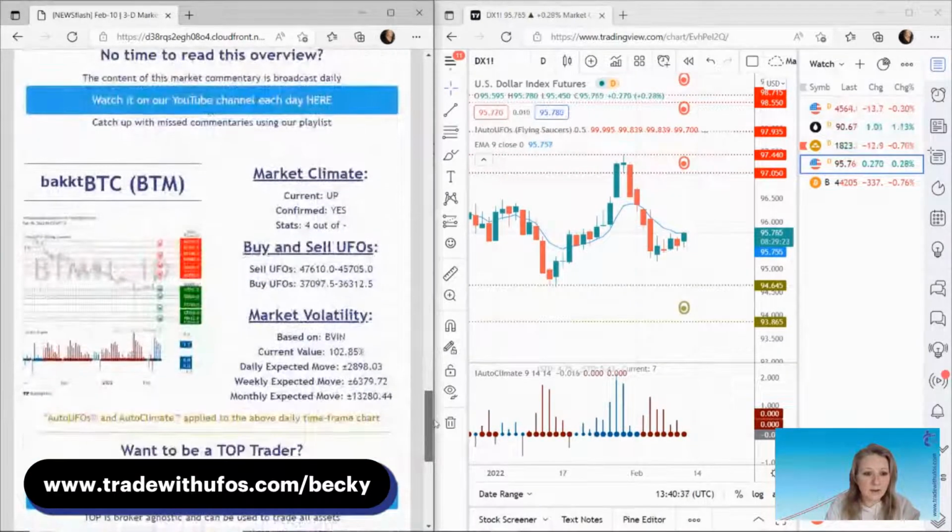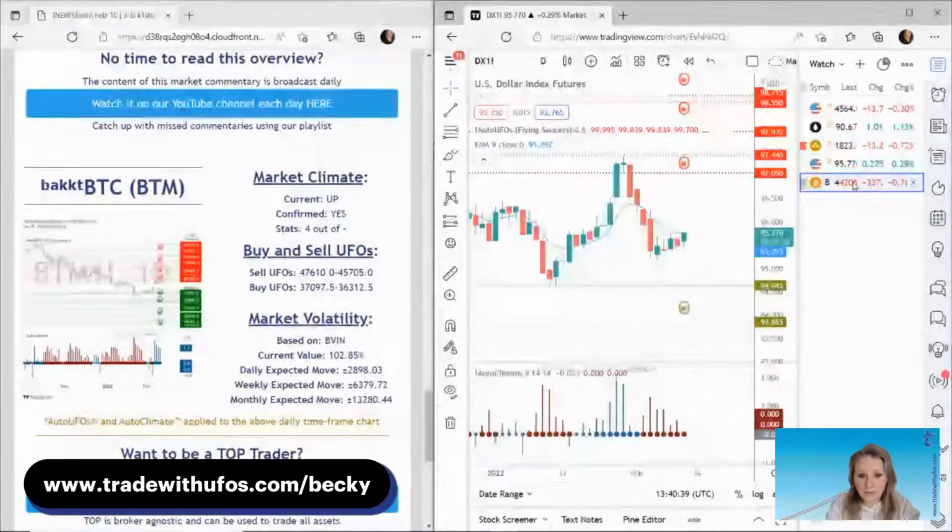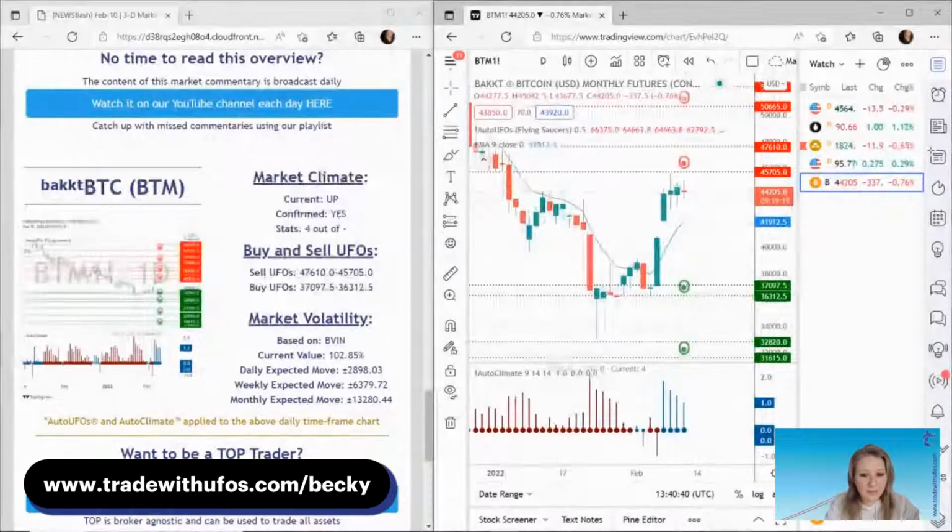Last but not least is our bakkt Bitcoin. Now, as I load that, to point your attention down here towards our top trader platform. TOP stands for Predictive Options Planner. However, even if you don't trade options, if you use it for stocks or futures or even Forex analysis, it can be great to be used for different asset classes as well. Particularly valuable if you're an options trader.